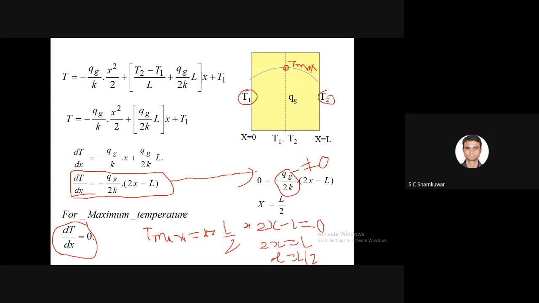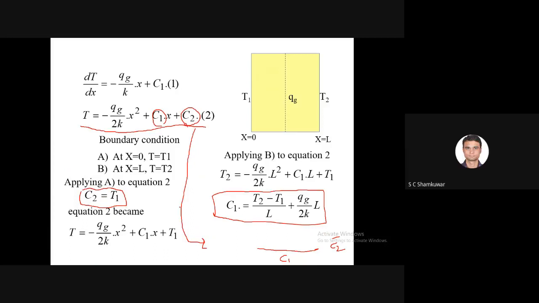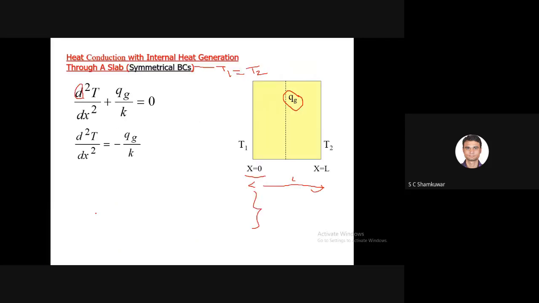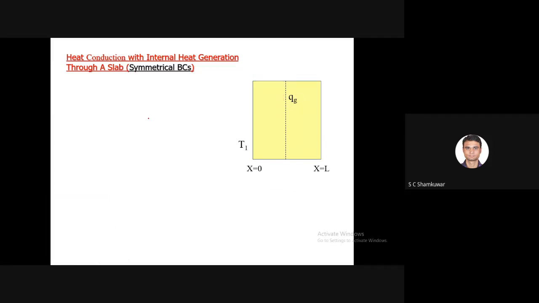Nikhil, understood? Yes, sir, a little bit. A little bit. Why? What is the problem? You can ask me. Sir, the formula is confusing. I will repeat it. Okay, sir. We will repeat it. Don't worry. Tell me which formula, we will take it again, okay. Again I am repeating, don't worry.